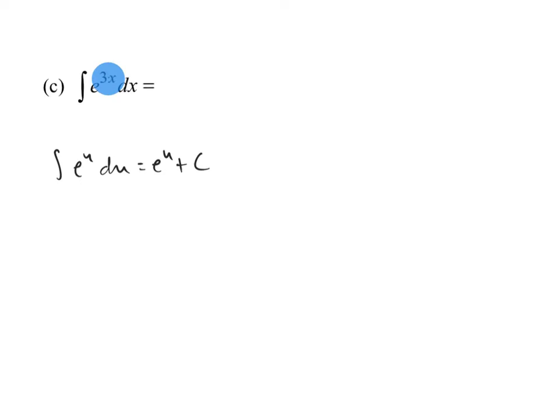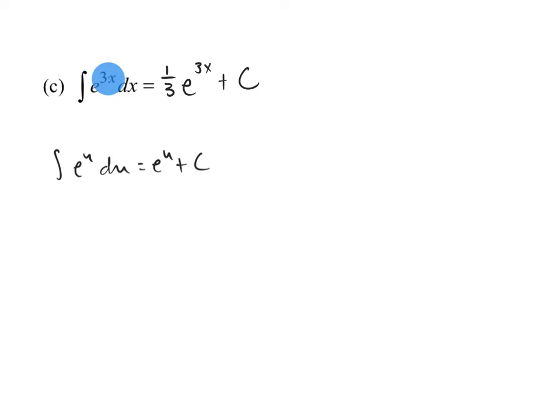And so that means I'm going to need a constant in the front of my antiderivative in order to cancel out the derivative of that 3x, which would be 3. And so this is going to end up being e to the u like we would expect it to be, plus c, but in the front I've got to have something that would cancel the derivative of that exponent, which in this case will be a